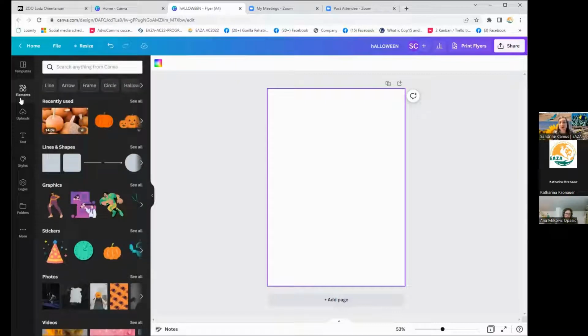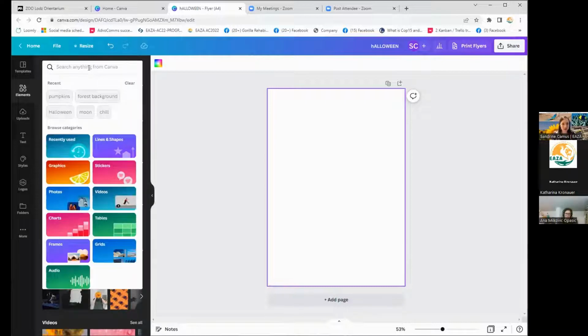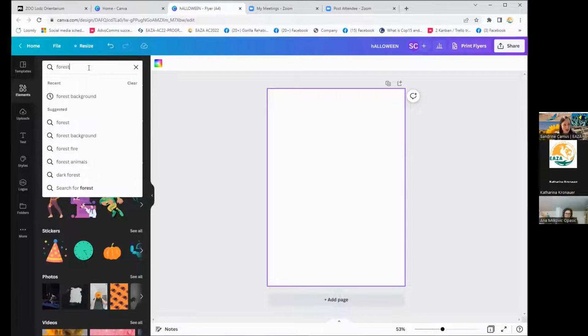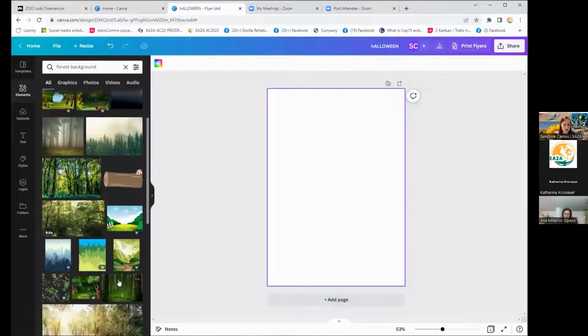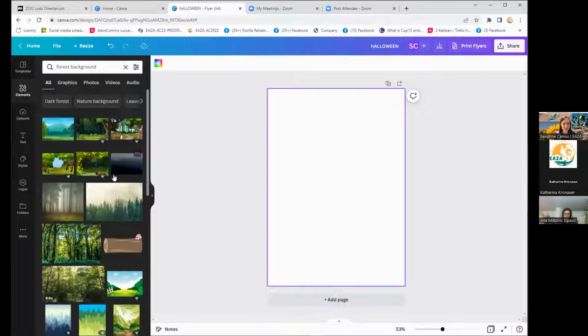So I said I wanted to create an invitation for the IASA Halloween party, for example. So I would like to have a background as a forest. You will have your search bar that is your best friend here. And you click on whatever you want to add. And then Canva will show you a bunch of elements that already exist. If you have a little crown, it's mostly accessible for the pro account, but you can see that a lot of things are already available to free